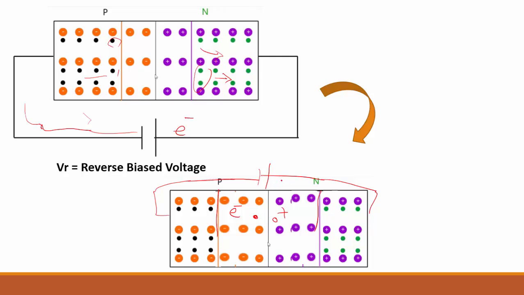Due to this charge, the holes, which are minority charge carriers, will get opposed and will try to recombine with the electrons sitting in the P-type region,